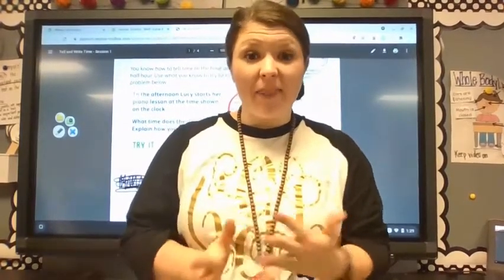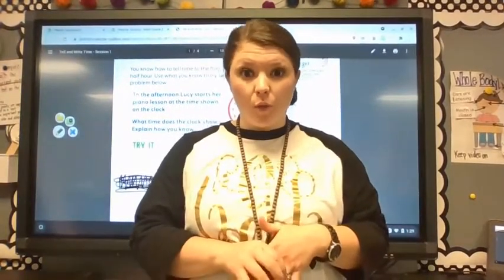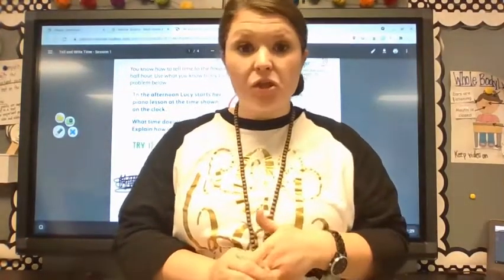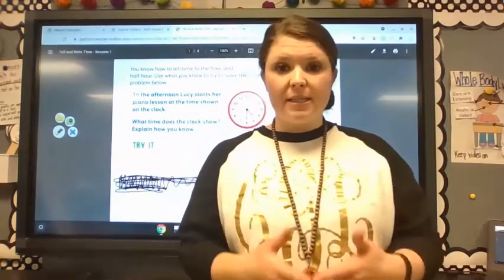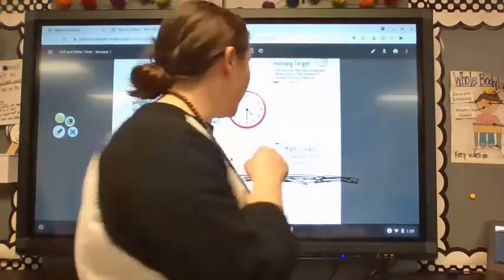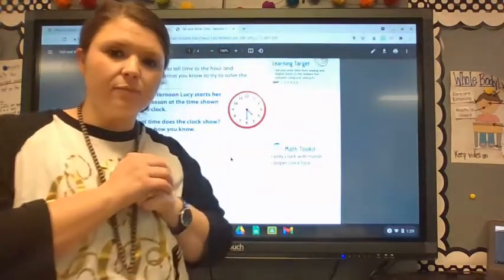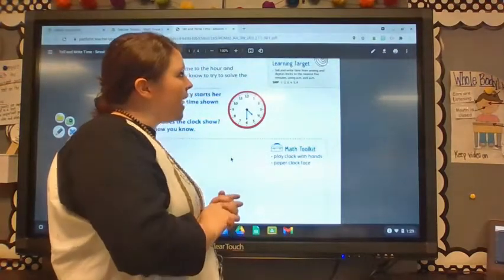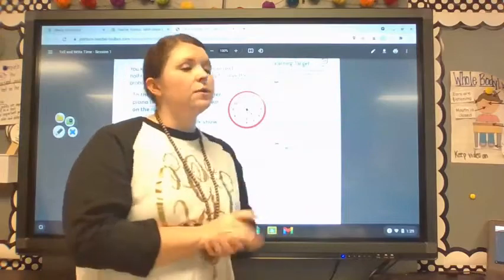For today's math lesson, we're going to have to go back to our Ready Math Journal Volume 1, okay? Volume 1. Today we're going to be on page 273. I'm going to go ahead and read our learning target from the page here, okay? This learning target says tell and write time from analog and digital clock to the nearest 5 minutes using AM